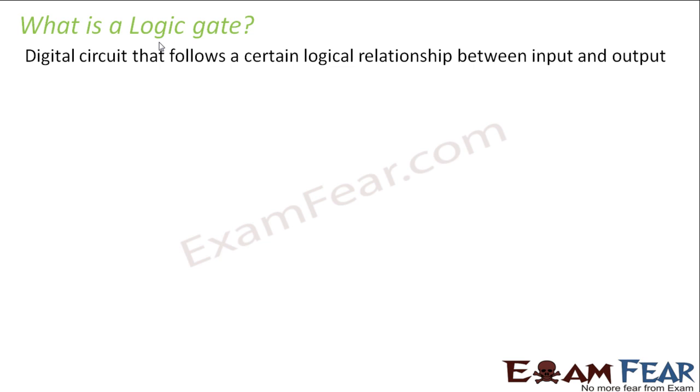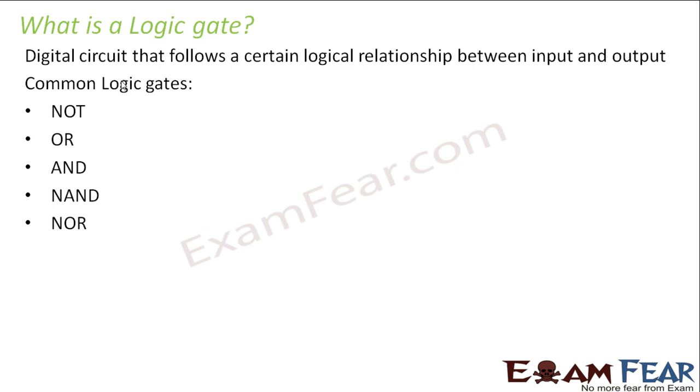So there are many types of logic gates. There are main 5 types of logic gates. Using those 5 types of logic gates, you can design a huge number of circuits, right? So in this lesson as of now, we will only talk about those 5 types, just the basic logic gates, and that's it. Then in your higher classes, you will see how those logic gates are used for making complicated circuits. So what are the common logic gates? NOT, OR, AND, NAND, and NOR. So we will discuss each of them one by one.